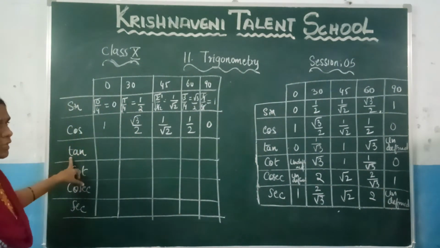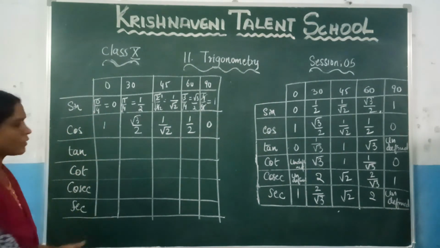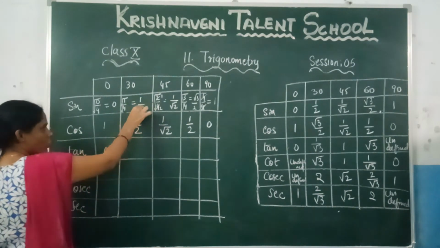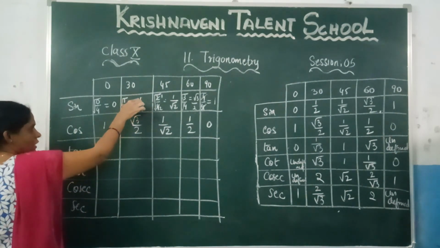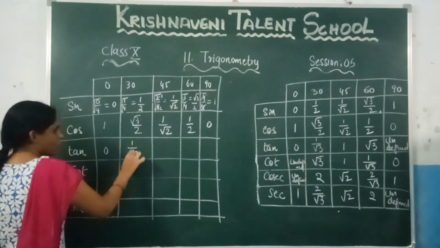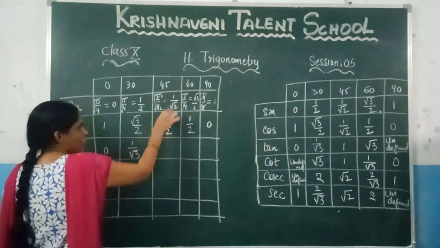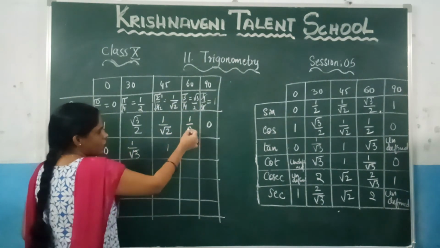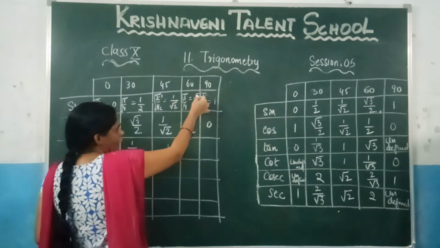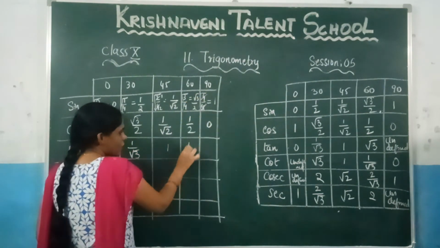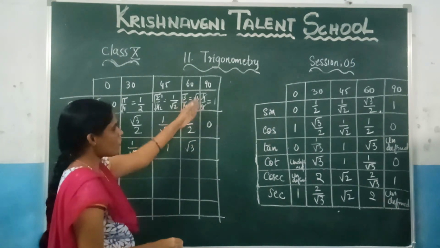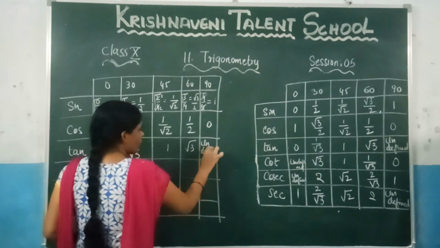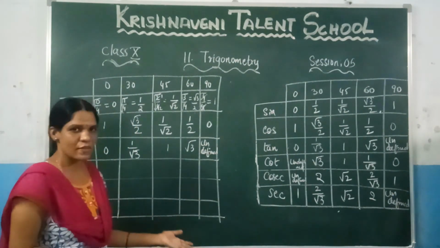Now apply here what you know. How do you find the tan? If you divide these two, you will get the tan. Right? What is the value of 0 by 1? 0. What is the value of 1 by 2 divided by root 3 by 2? These two will get cancelled and you will be left with 1 by root 3. Similarly, these two you have to divide. This one will get cancelled, you will be left with 1. And if you divide these two, again the 2s will get cancelled and you will be left with root 3 by 1, which is nothing but root 3. Right? And what is the value of 1 by 0? You know that it is undefined. Right? See how easy it is to find these values.